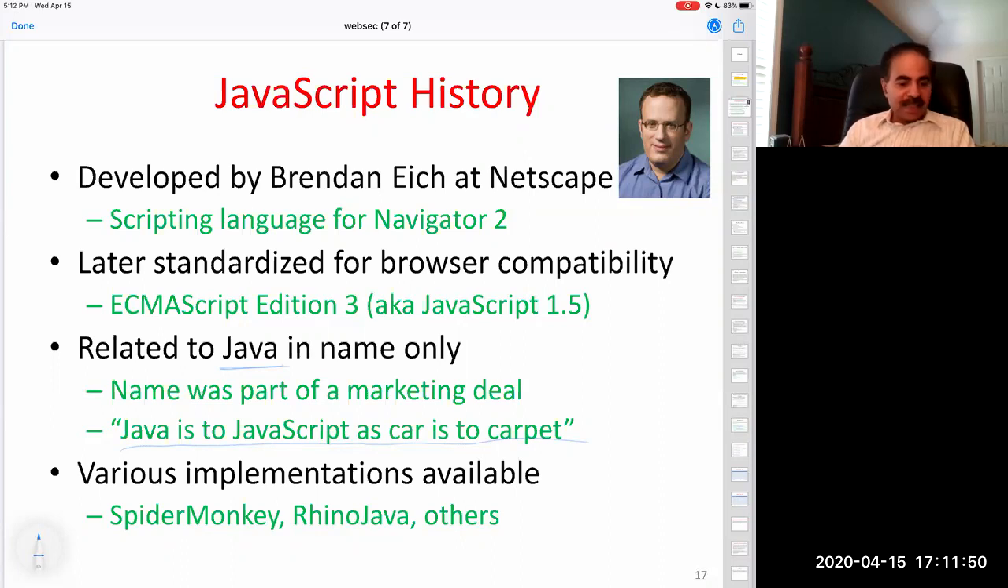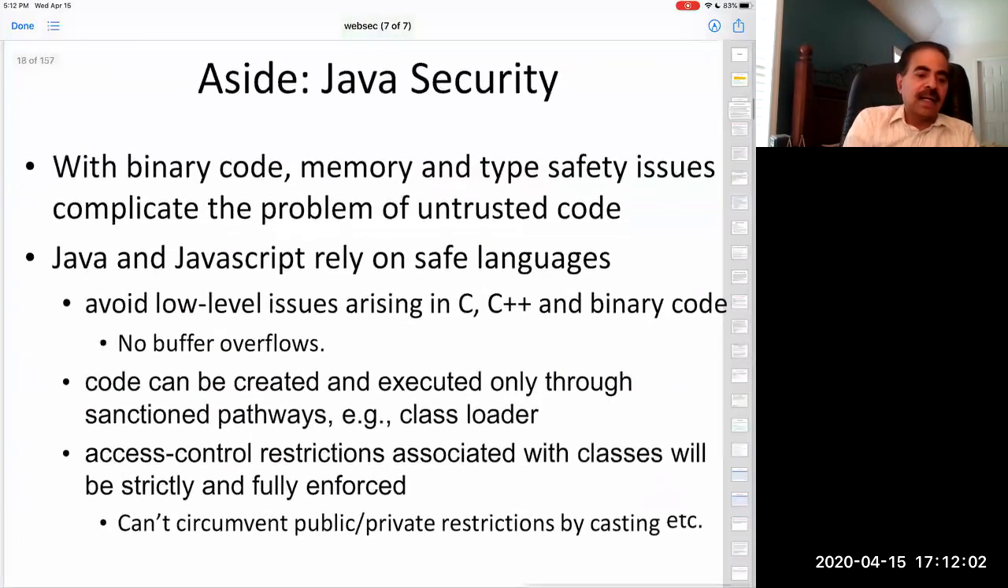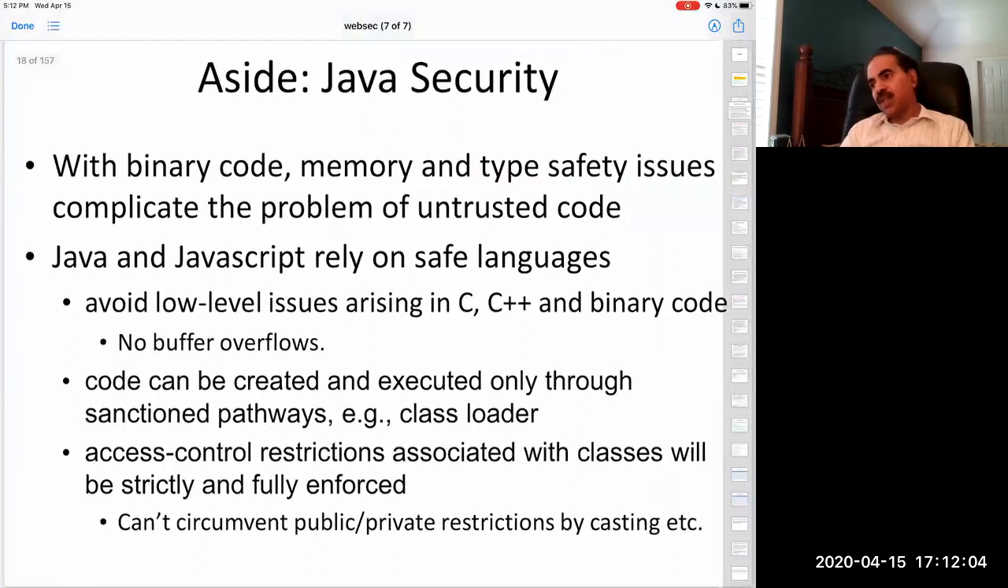It's a funny quote, but at the same time, it's not quite accurate because Java and JavaScript do have some relation, and that relation is that they are both safe languages. Okay, and we'll talk about that briefly. But let's say something about Java and Java security, because